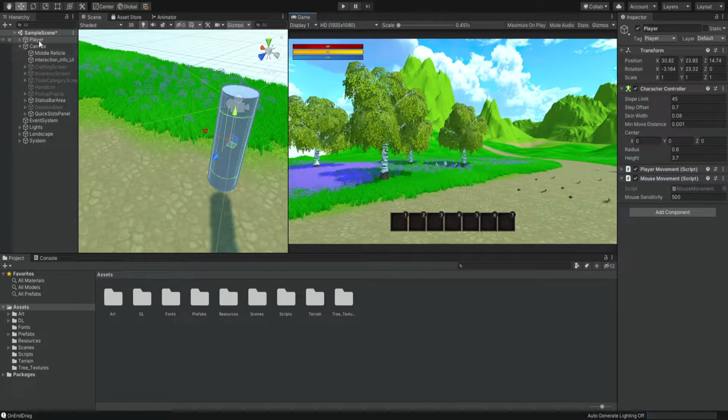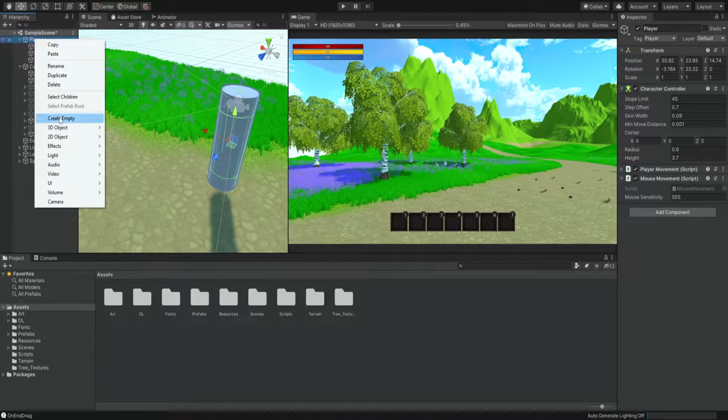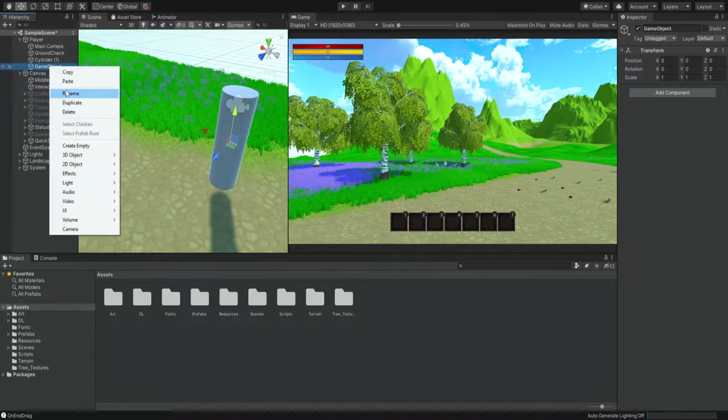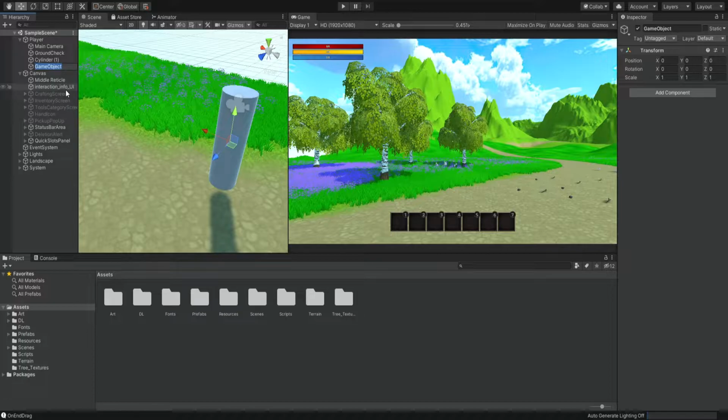So we will click on our player, and inside the player, we're going to create a new empty object and we're going to call it tool holder, okay? And it will be at the 0, 0 position because we just want an object to hold these tools. And then we're going to instantiate the different models into this game object, okay?